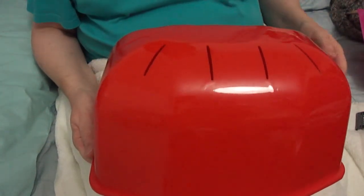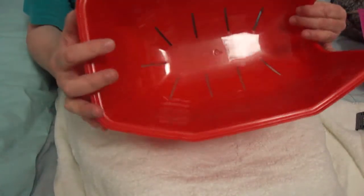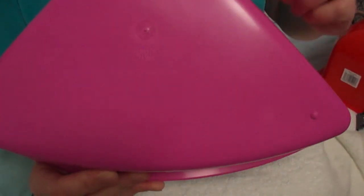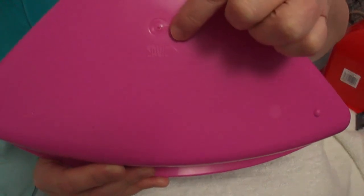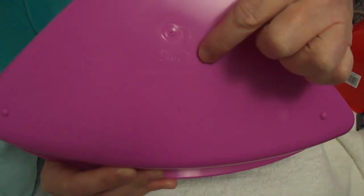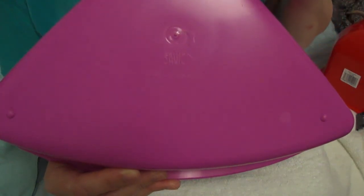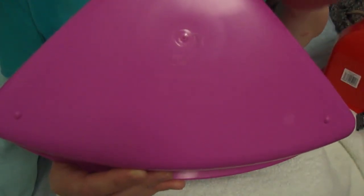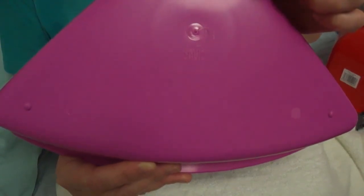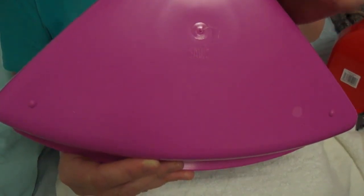But I'll tell you another way you can tell if you think you're being given something that's not right. Now I'm going to hold this up and I hope this is going to focus, but if you can see, all Savic products will have the name on the back and a product code. So I phoned them back and I said, I don't think Savic are going to be very happy about this. You're selling something that you're pretending is Savic, and it's not Savic, it's actually your own make, and you're listing